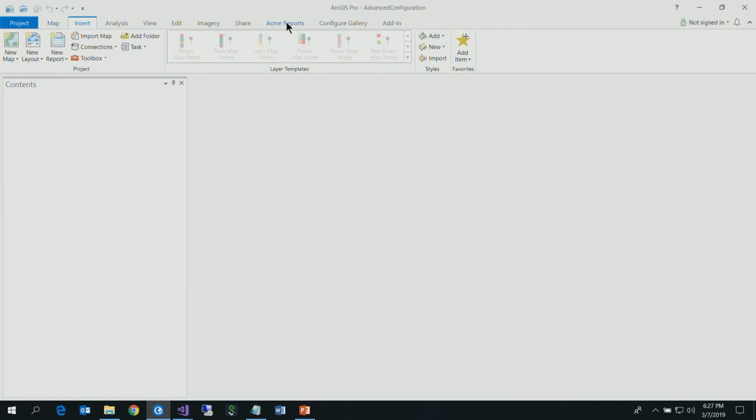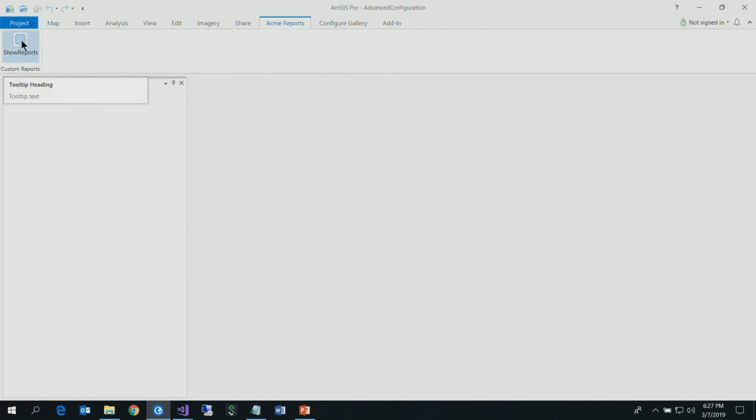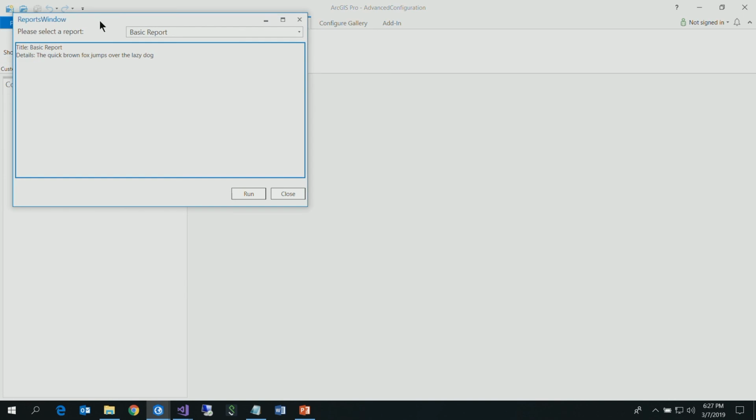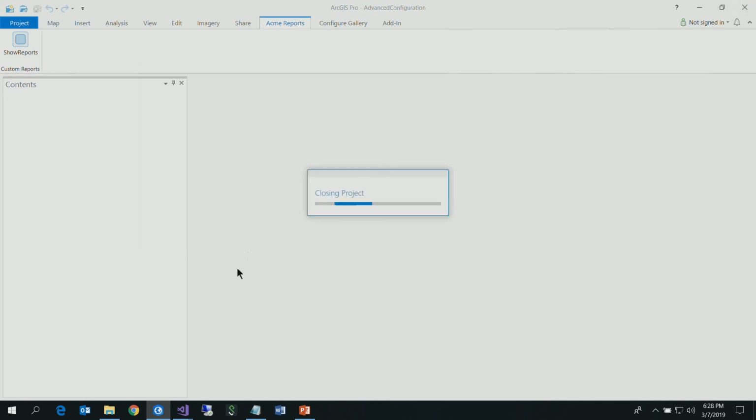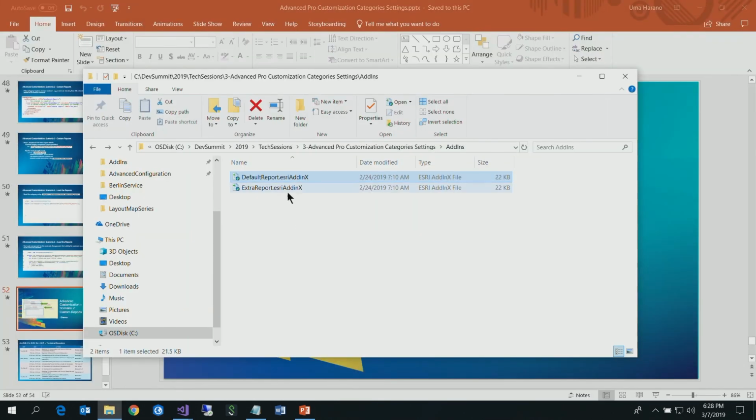So here on my Reports tab, I'm going to open my Reports window. This button and this Reports window were all created by my add-in that I just installed. And the default Reports add-in that I just installed has also given me a basic report style that you can see in this drop-down. Okay, so now I'm going to close the Pro application,